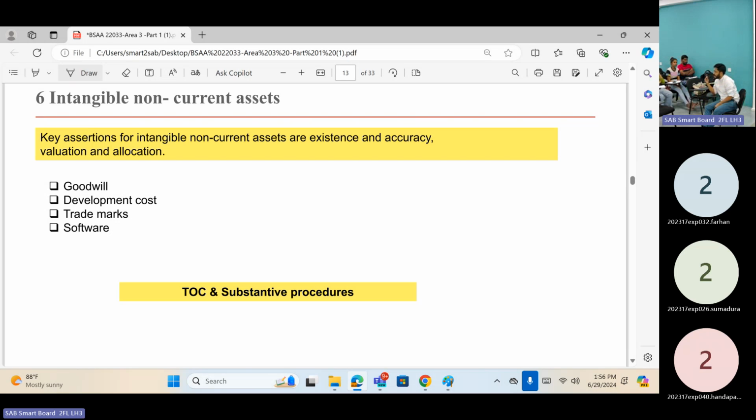We have types of intangible assets. In non-current assets we had many types, right? Biological assets, investment property, PPE, likewise. Here also we have many different types of intangible assets. What are they? Goodwill, development cost, trademarks, software. So those are intangible assets. Then once you go through the intangible asset standard, it clearly says that